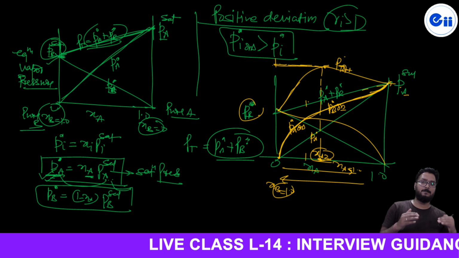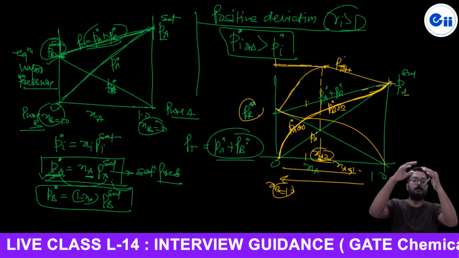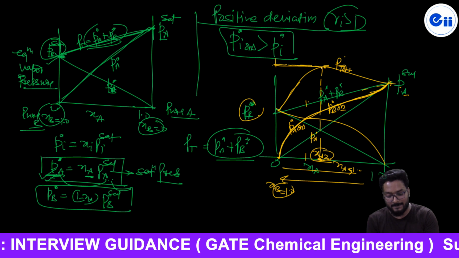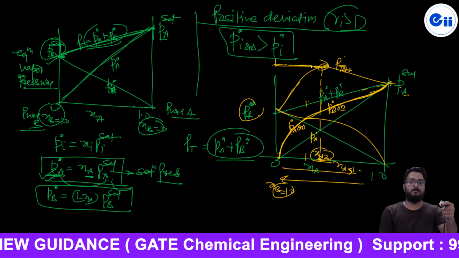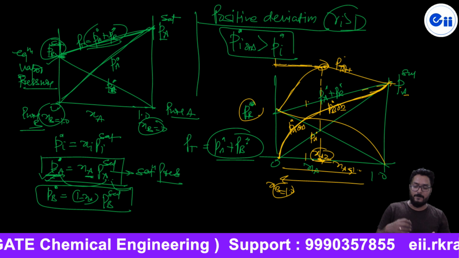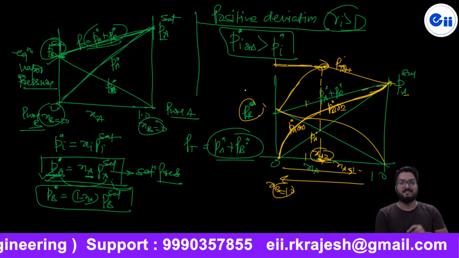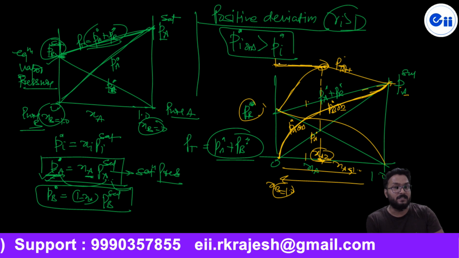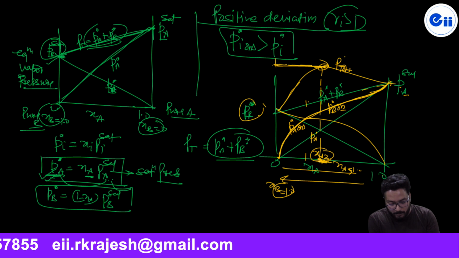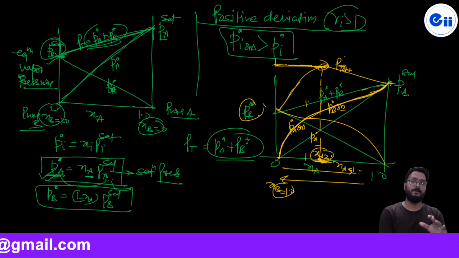The reason, as I told you, is that A and B will repel each other, they will try to be in the vapor phase, that's why the total vapor pressure will be found to be more than that of either pure vapor pressures. And at this condition, since the vapor pressure is going to be maximum at this composition, it means at this composition the boiling point will be minimum. Are you getting? Listen, very important, it is a pressure versus XY curve. Since the total vapor pressure of the real mixture is found to be maximum at this azeotropic composition, it means at this azeotropic composition the boiling point of the mixture will be minimum. Boiling point of the mixture will be minimum.